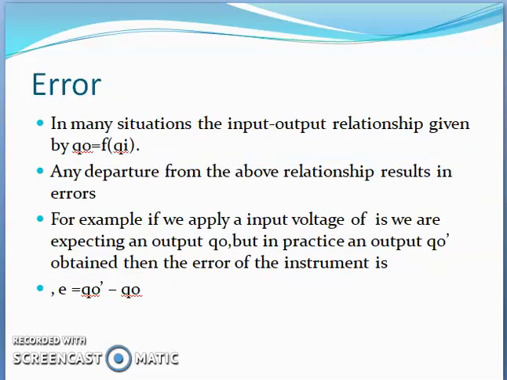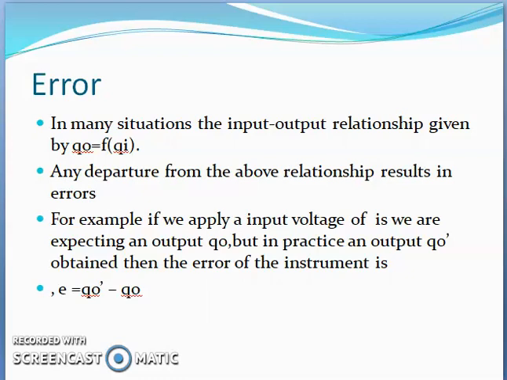Now coming to the second factor, it is error. In many situations, the input and output relationship is given by Q0 is equal to a function of Qi. Any departure from the above relationship results in error. For example, if we apply an input, we are expecting an output Q0. But in practice, an output Q0 dash is obtained, then the error of the instrument is